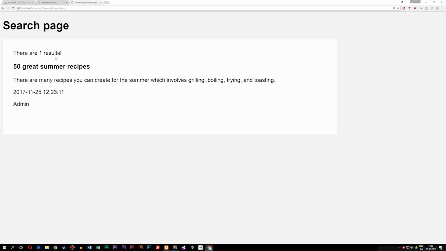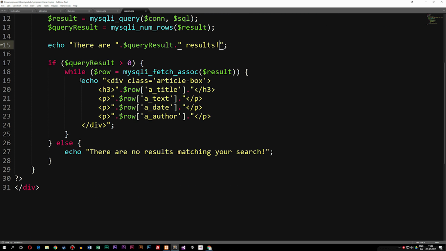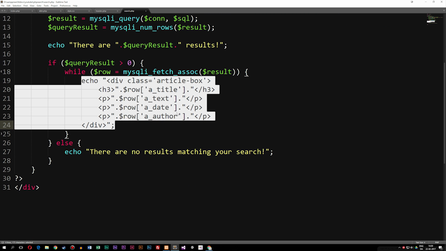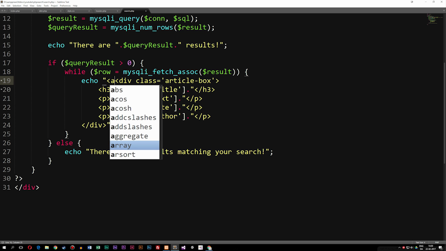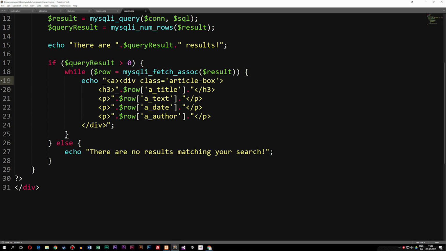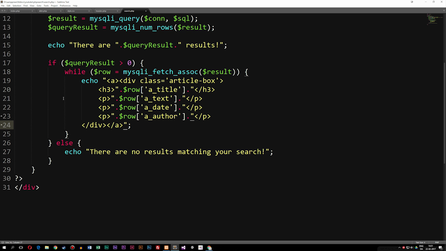So now that we did this, let's create the actual article page that opens up in a new page when you click the actual article down here. So what I'm going to do is go down to our echo inside the actual article that it spits out and echo out a link around the actual div that links up to the article. So I'm going to say we have an anchor around the div box. I'm just going to open up the anchor tag before and close the anchor tag right after. We're going to set a hyperreference inside the anchor tag, which is going to be equal